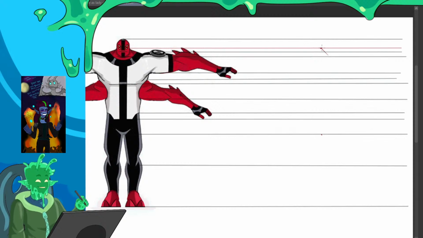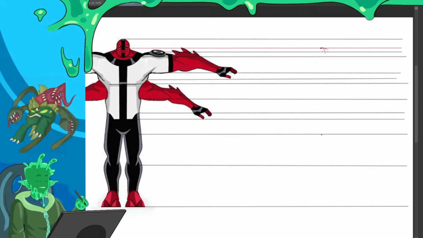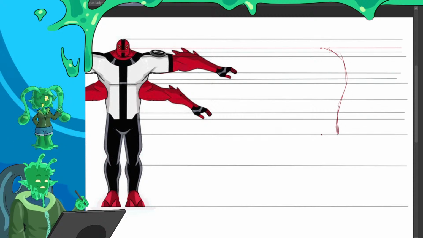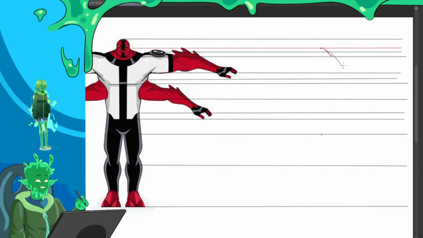So there should be a line from the back of the neck, basically, that goes. He really doesn't have that much of a butt, but we're going to give him one. And we're going to tweak all these lines later.